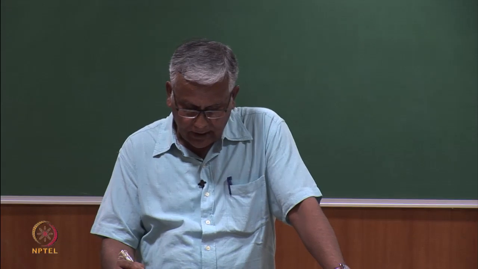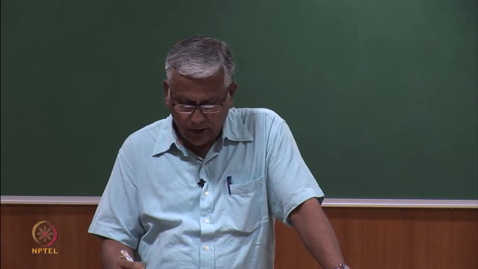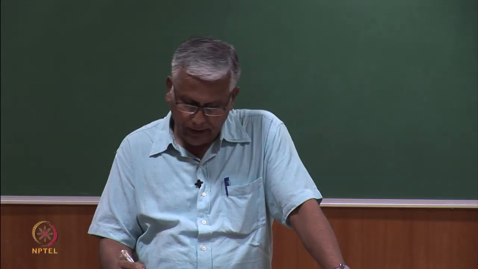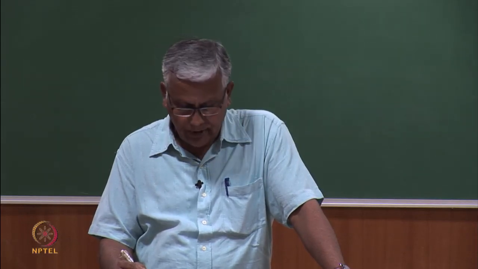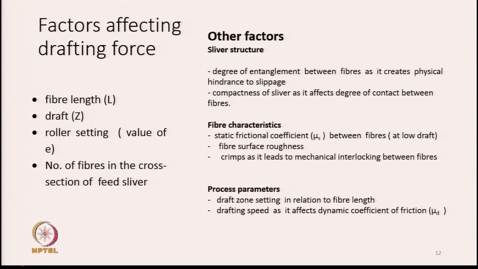Crimp is also another factor. Crimp leads to mechanical interlocking between fibers, therefore it can increase the drafting force if the fibers are crimpy in nature. But at the same time you have to remember the crimp will also increase the porosity of this fiber, because crimps mean they will not allow fibers to come very close to each other. So, the influence of crimp